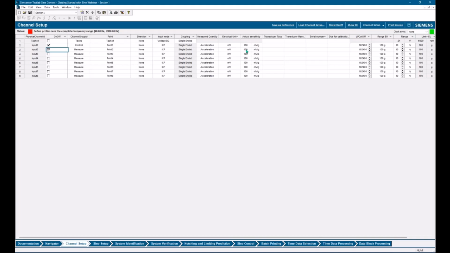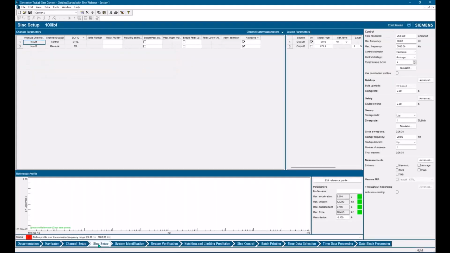I'm just fooling around here. If you're doing a real test on a real part, make sure you use the actual calibrated values of your accelerometer here. And just for fun, I am going to put in some names here so that we know which accelerometer is which. We're going to call this control, call this tip, and when we do our test, it's going to show up that way.